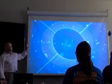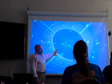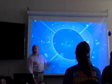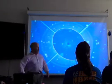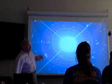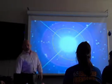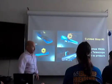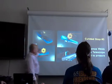Now, this is in air. The Fresnel number is significantly higher than it would be for an exoplanet mission, but this is a second proof of principle. And this was quite a visceral demonstration that eventually retired everybody's saying, well, the diffraction won't work, it's a trick. Okay. So, curated stop 3,